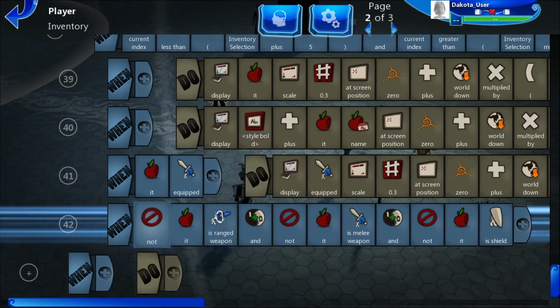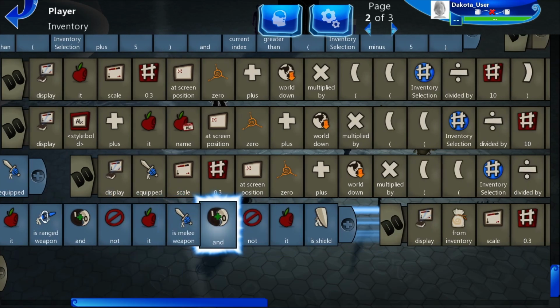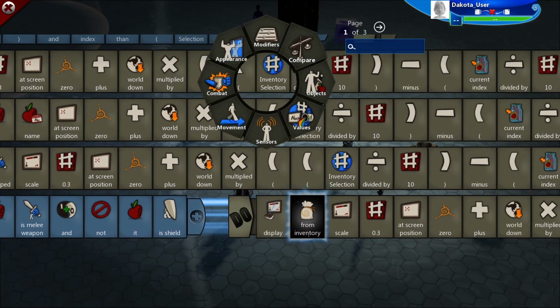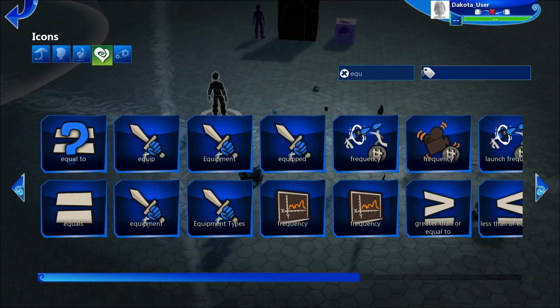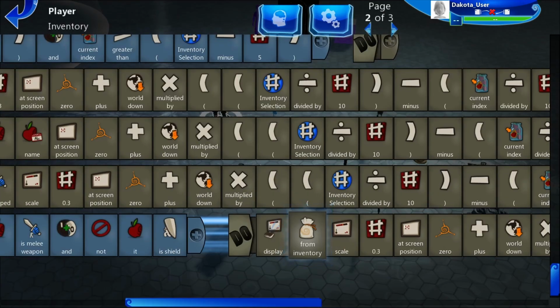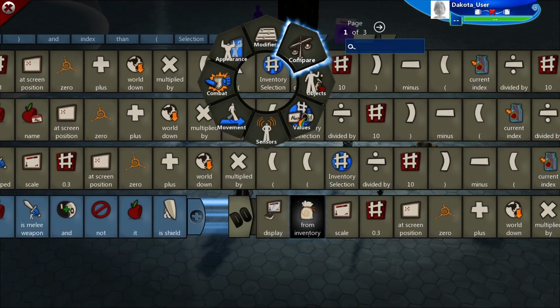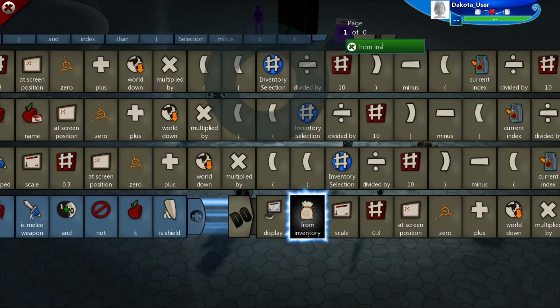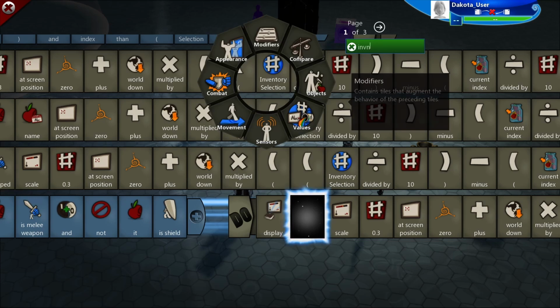So not, it is ranged weapon. So if it's not a ranged weapon, and it's also not a melee weapon, and it's also not a shield, then we'll display, again, you go into your gallery picker, type inventory. You can choose one from these or whichever. You can just choose inventory, but I specifically chose from inventory because some people who read the tutorial and do not listen to the description will be like, okay, so from inventory, why does it not show up? But if you type inventory,